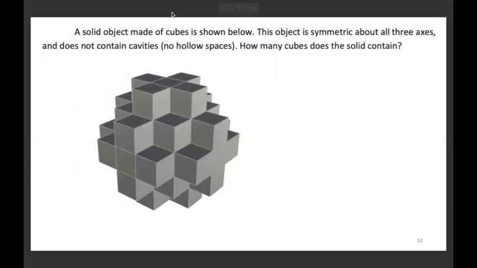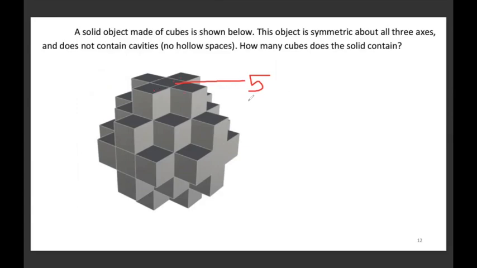A solid object made of cubes is shown below. The object is symmetrical about all 3 axes and does not contain cavities. No hollow spaces are there. How many cubes does this solid contain? We're given a solid. We'll identify how many cubes it contains, provided that there are no hollow spaces. Okay. So in the top tier, there will be 5,